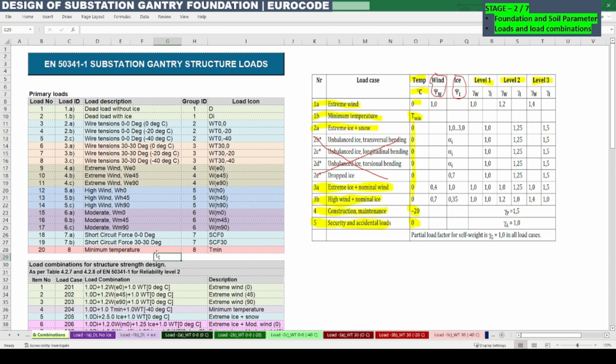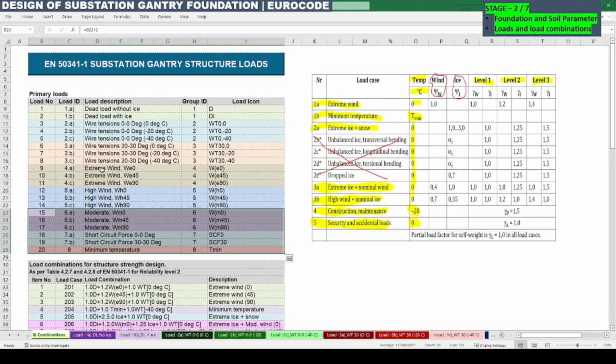This minimum temperature is also not applicable for foundation design, as the temperature variation will not affect the foundation, as it is below the soil. So these three cases we can ignore. And in order to reduce the foundation calculation, we can also ignore the moderate wind load calculation, as the high wind